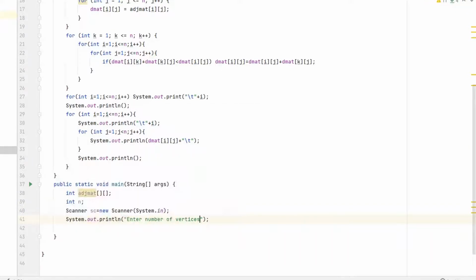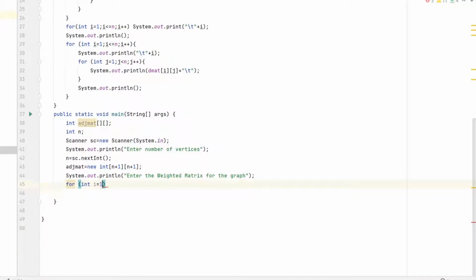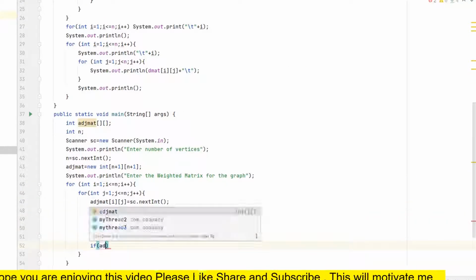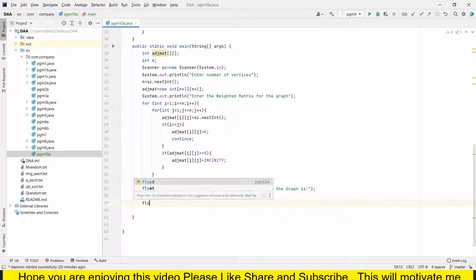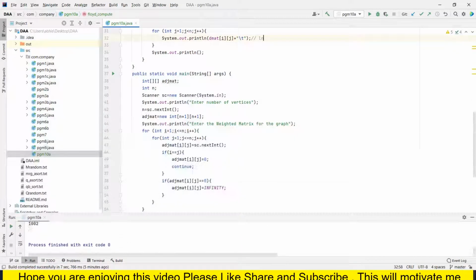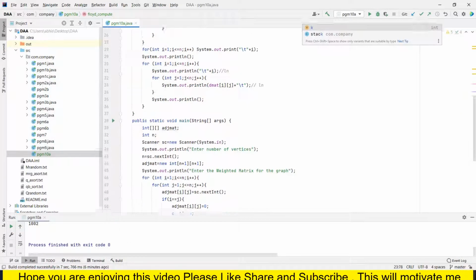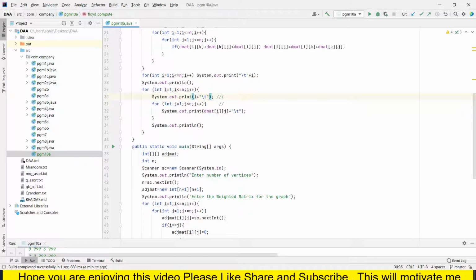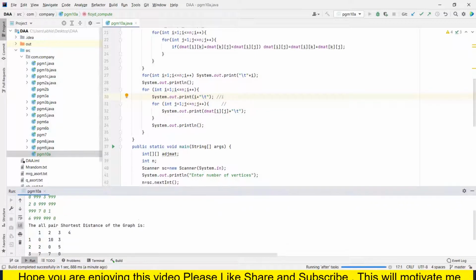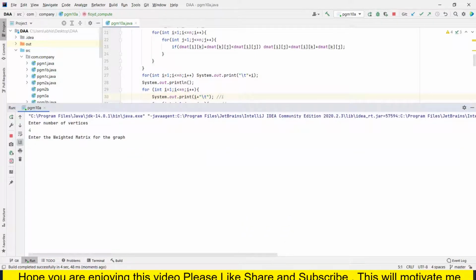Our main method is simple. We will just take the input and call our Floyd compute method. Also, I have to correct some simple mistakes which I made while writing the code. And now done, we will give the inputs and this is going to be our result.